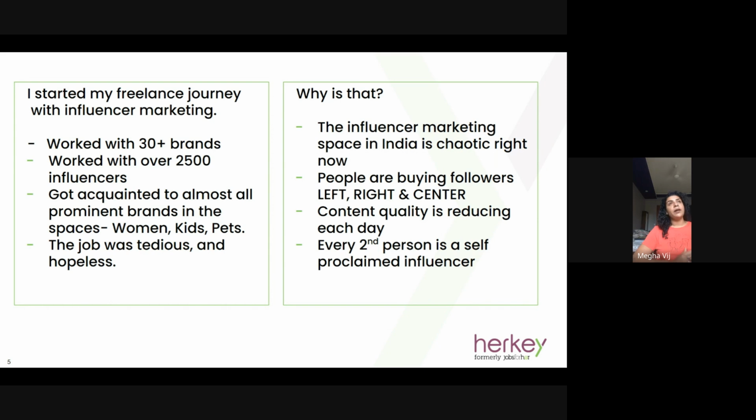In fact, when influencer marketing started in India some 10 years ago, it was a very different scenario. There were very few people, only really good content creators would gain followers. Slowly, steadily, it just became a means of gaining easy money for some time, which led to this whole barrage of fake influencers into the influencer marketing economy. And that has impacted everything from money to content quality to authenticity of followers, everything. In fact, even Instagram's algorithm had to be changed in order to give reach to the right set of people instead of people who were getting bot followers. So that was a major market shift.